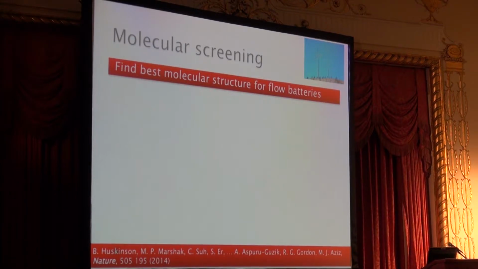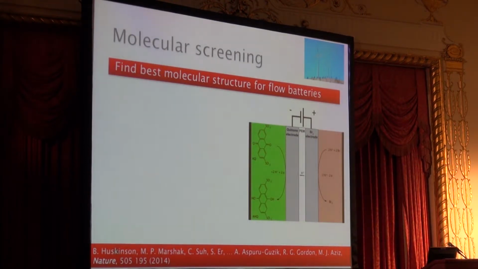what can you do if you actually use screening carefully? So that's one of the big research areas of my group. This is probably my paper in which actually we have done something more useful for humanity. We actually took a classical simulation, screened about 10,000 molecules, very close to rhubarb molecules, actually, it turns out. Quinones, they're called, to actually store energy. Okay? There's very simple molecules here. And that's the cheapest battery that we know of.